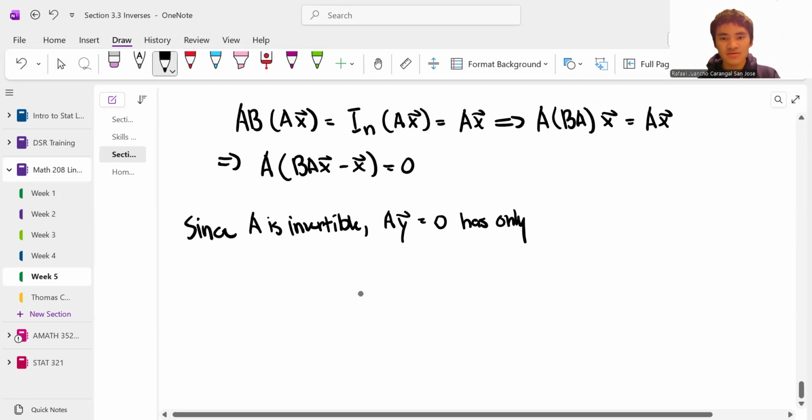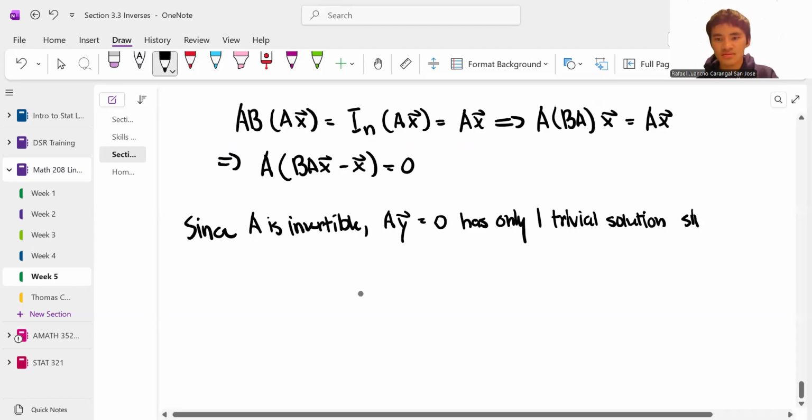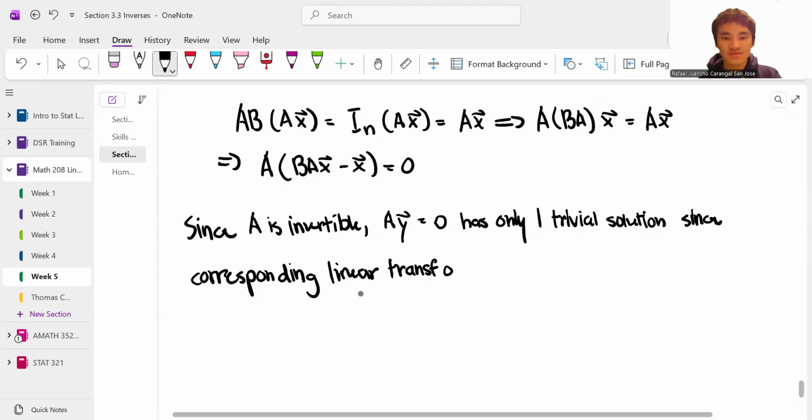And this thing has only one trivial solution, since the corresponding linear transformation, so we're always going to base this back on the linear transformation, is one-to-one. Hence,